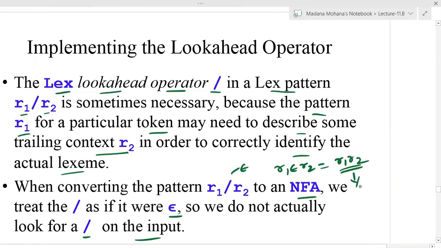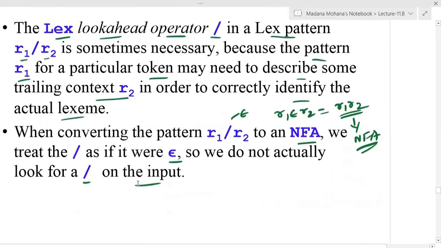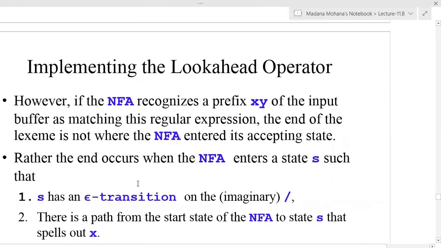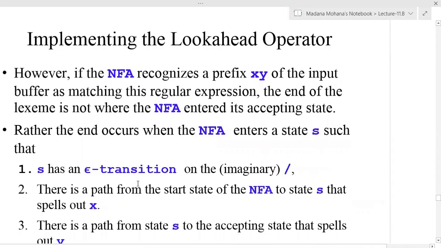For this, we shall construct the NFA, again the same process that we discussed earlier. So that's why we have to handle the lookahead operator carefully. Whenever it is not required, you can replace the lookahead operator by epsilon. Sometimes this lookahead operator is required. That case we will see. So however,